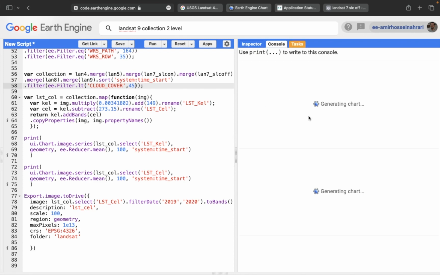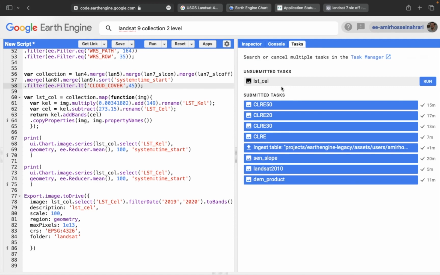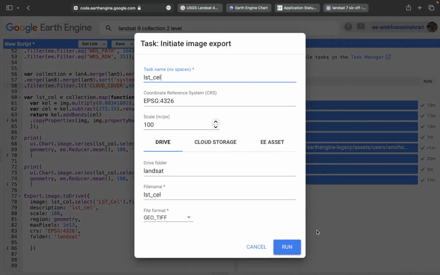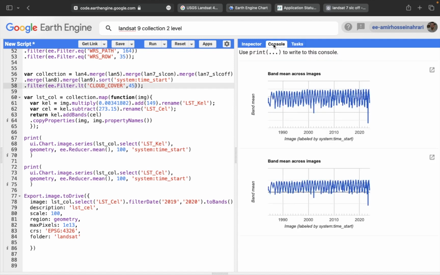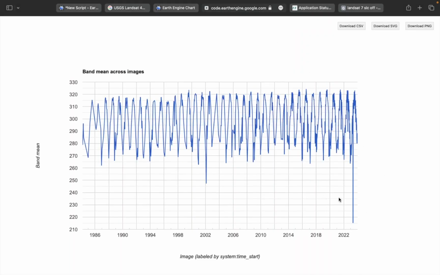and in the task you can see that the LST Celsius is available. Click on run because we already made a function to get export, and the process of saving into Google Drive started, and once the process is done successfully, it turns blue and you can download it from the Google Drive. And now you can see that lots of noise is skipped or removed here, but still some of it is available,